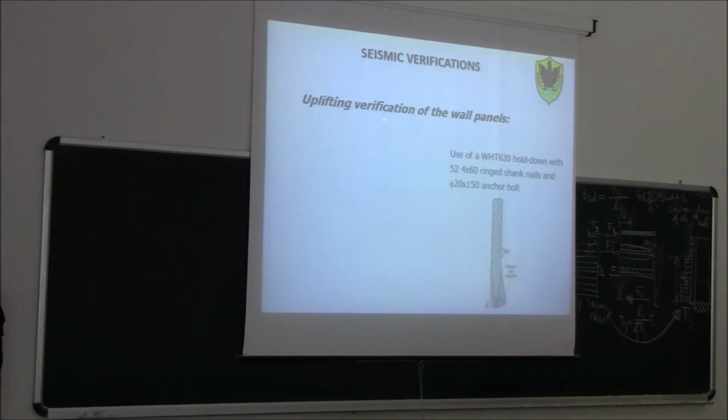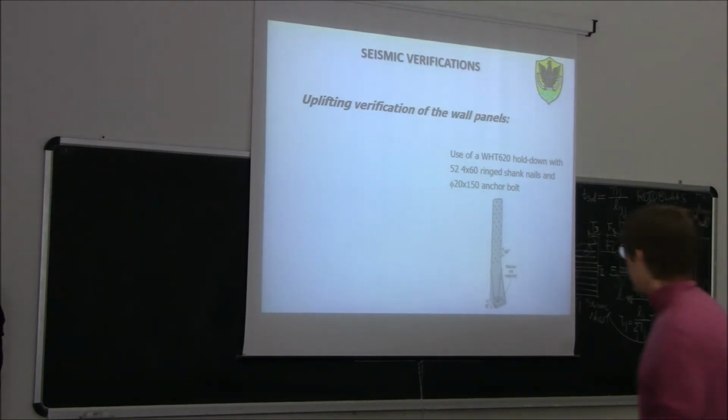Now we do this uplifting verification of the wall panel. We said that we are going to use this hold down, WHD 620 with 52, 4 times 60 ring shank nails, and 1 anchor bolt 20 mm diameter. So this is the hold down which is provided by default by Rotoglass. Okay? So,